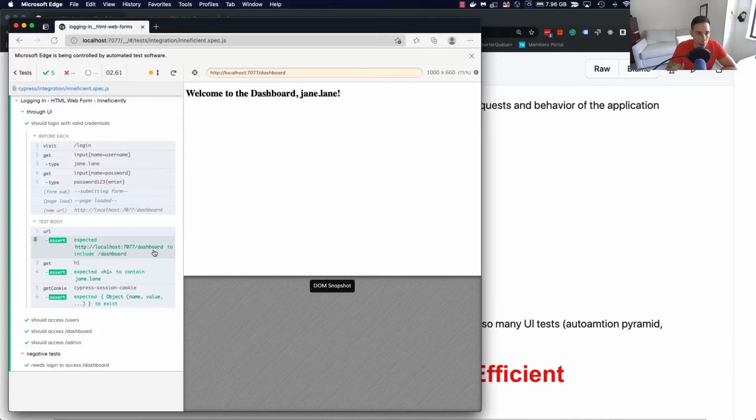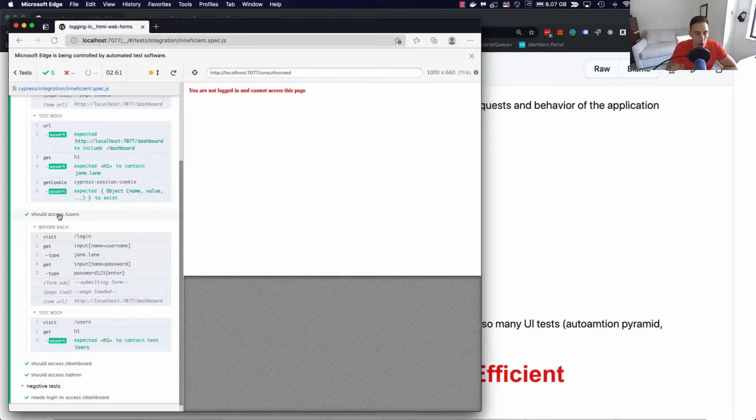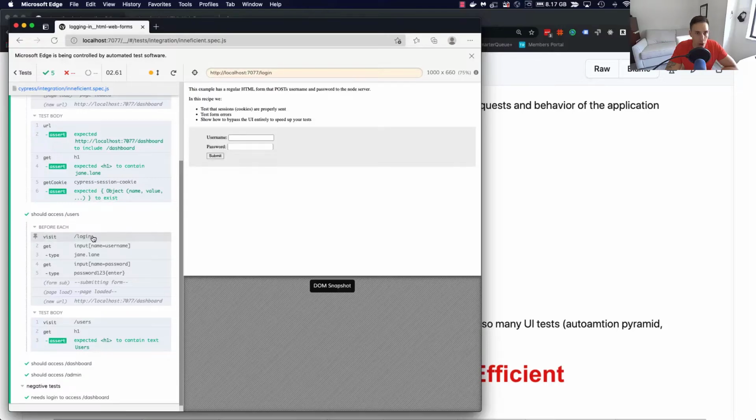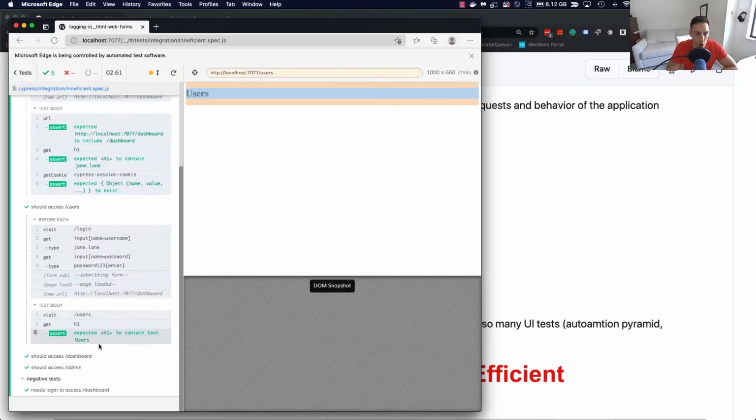First, that the URL includes /dashboard. Second, that there's a header with Jane Lane. And third, that there is a Cypress session cookie, right? Because if we're logged in successfully, there should be a cookie dropped from our application. Now, next, it checks that we can access /users, right? So log in, do the stuff, and then hit users, and then expect the URL to contain users, dashboard, admin,